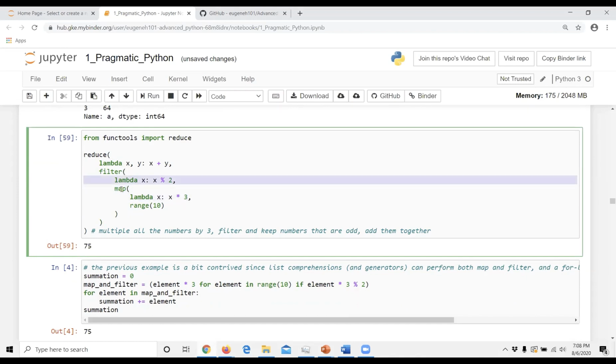This filter is a for loop that only keeps the numbers that are odd, and this reduce is a for loop, but you're not getting element-wise output out of it. You're getting one element out of it because it's a for loop with an accumulator, iteratively adding the numbers together.